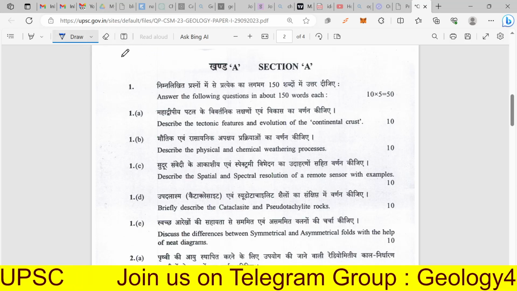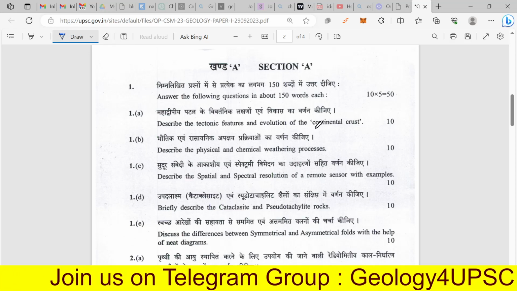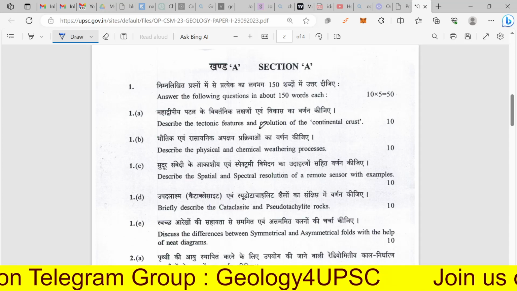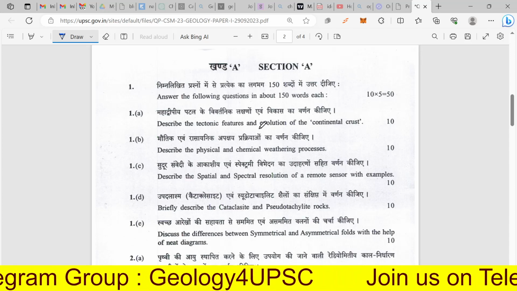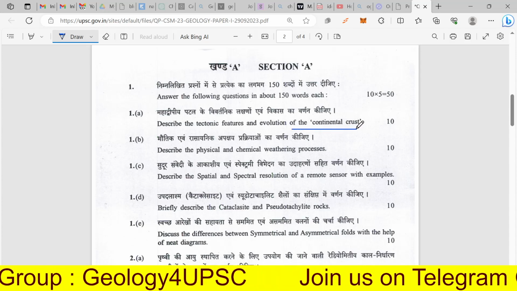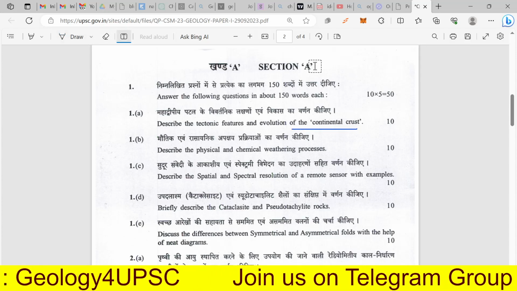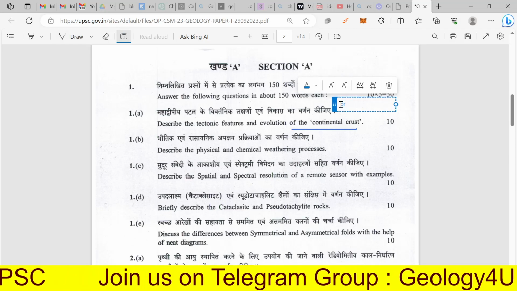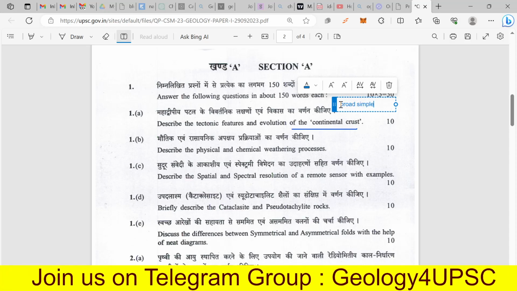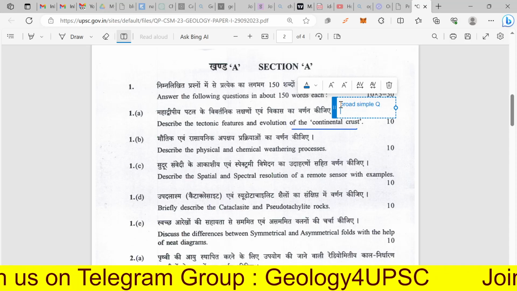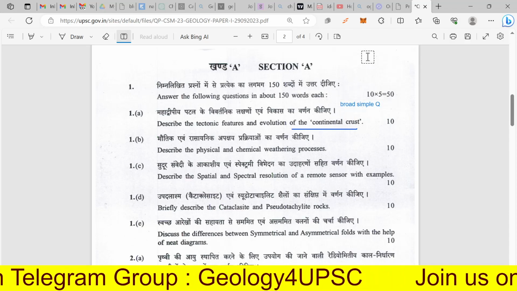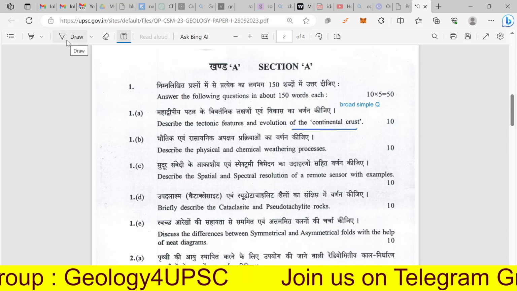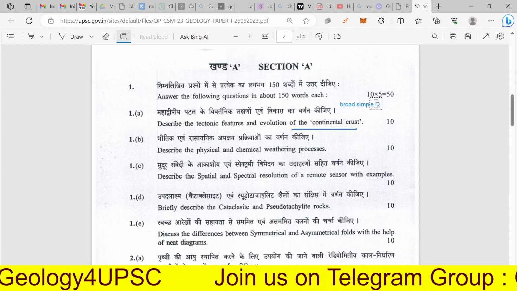In the compulsory section, that is in paper 1, the first question is regarding general geology, that is regarding the tectonic features and the evolution of the continental crust. Here basically the examiner has asked a very broad based question. The tectonic features can range from subduction setting, volcanoes, faulting, folds, everything will come under this domain. And for the evolution of the continental crust, one can mention the Wilson cycle, how it plays a role in the formation